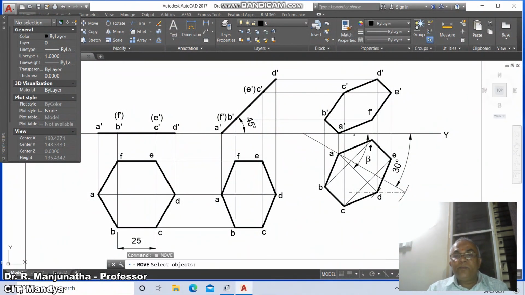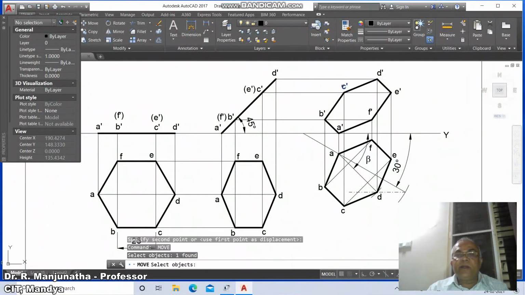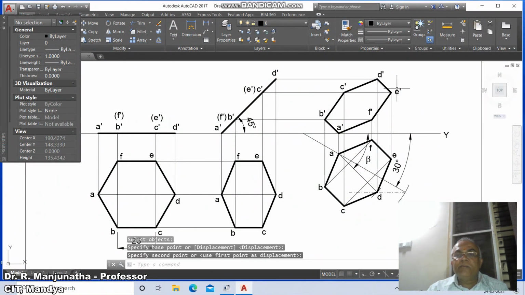Then go to move this and B dash, similarly C dash, and here it is D dash, and move this E dash and this as F dash.